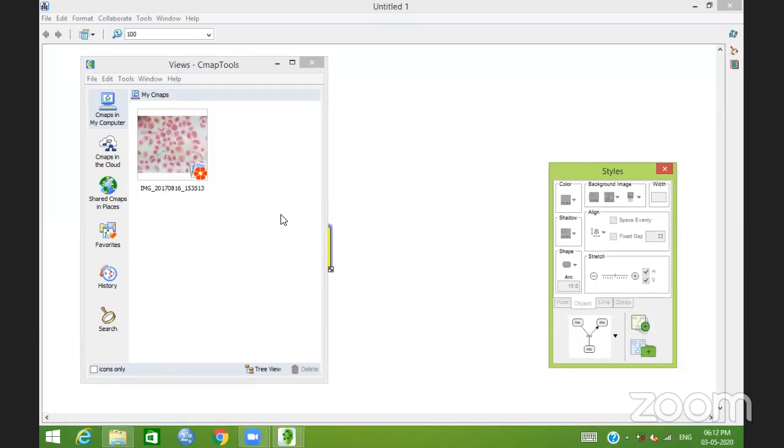Actually, whatever you are trying to use in the CMAP, you have to put it in its repository first. When you are using a background image, you have to put it in the repository, because if you are directly using it from the computer, then when you transfer this CMAP file to any other computer, it will lose the image. So that's why CMAP functions in this way. You have to put the image in this repository first,